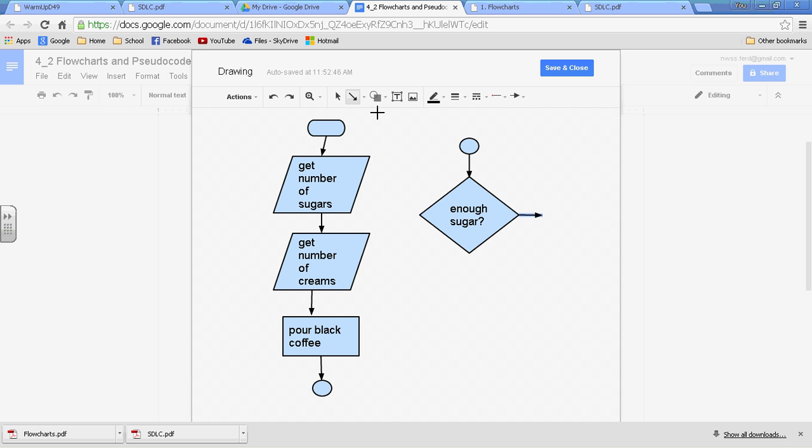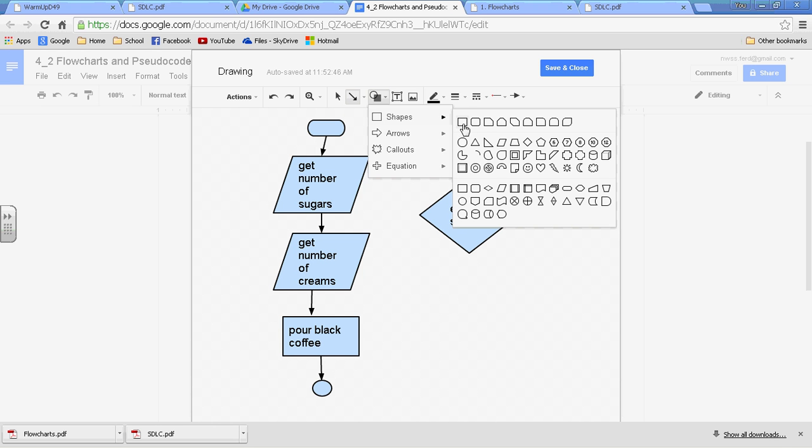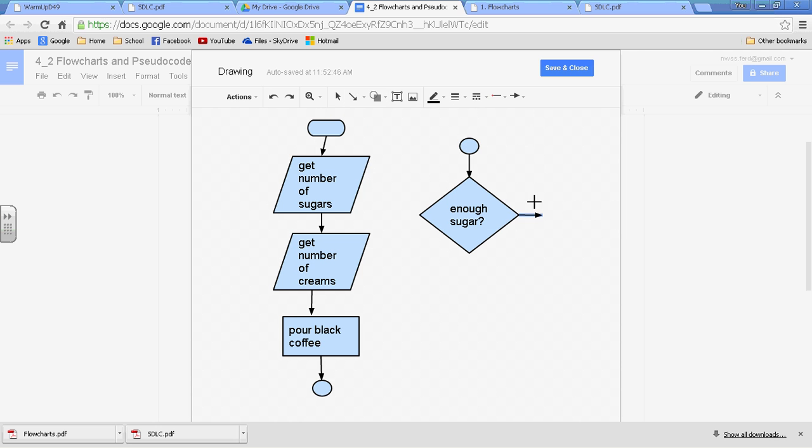And if the answer is no, we're going to add sugar, right? Shapes, rectangle here for process. Add sugar. And notice that we should put some text on there. So if the answer is no, we want to add sugar. And then we see if there's enough, right? So we're going to loop back here. And this is how we show a loop in our flowchart: it goes back to an earlier process. The flow of control goes back to an earlier process. If the answer is yes, we have added enough sugar,